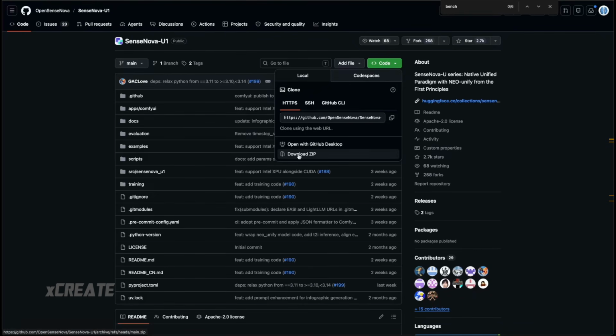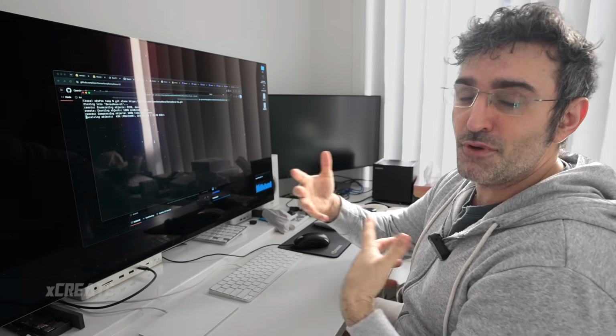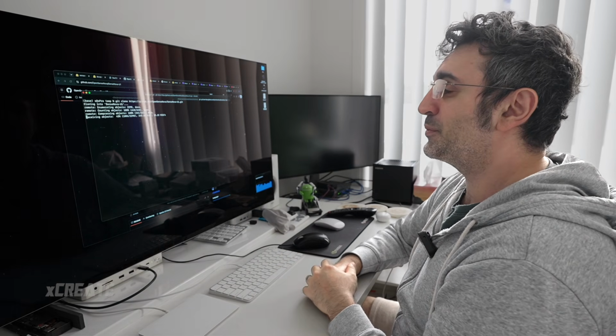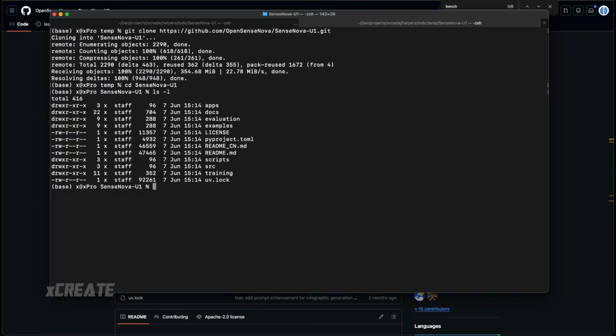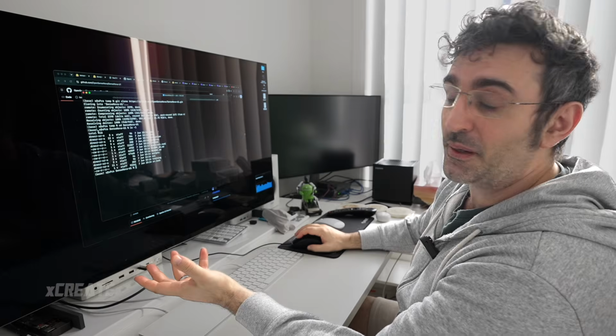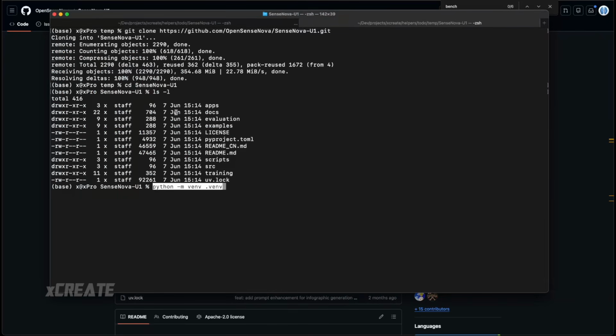download the zip file option. The good thing about using Git is any changes that happen, you can just automatically merge it and all that kind of stuff. So that's what most people do. And once you've got that downloaded, you just enter the directory, SenseNova. And we can see if we ls it, these are all the files that are there for you. So this guy runs in Python, so just make sure Python's installed and all that kind of stuff. So you want to create a venv folder, and this is kind of like a virtual environment